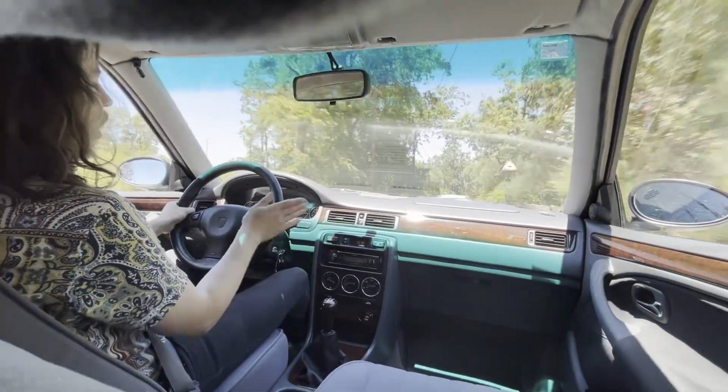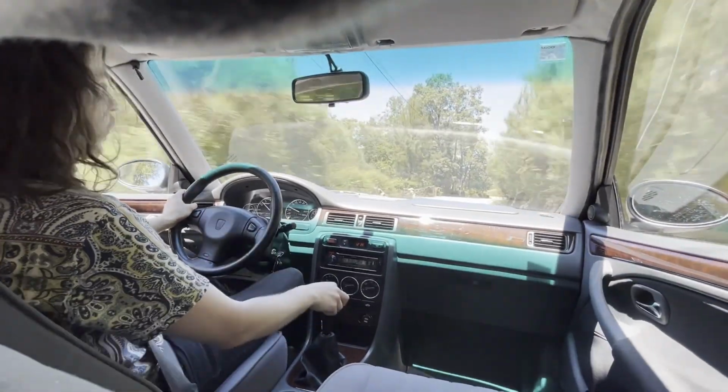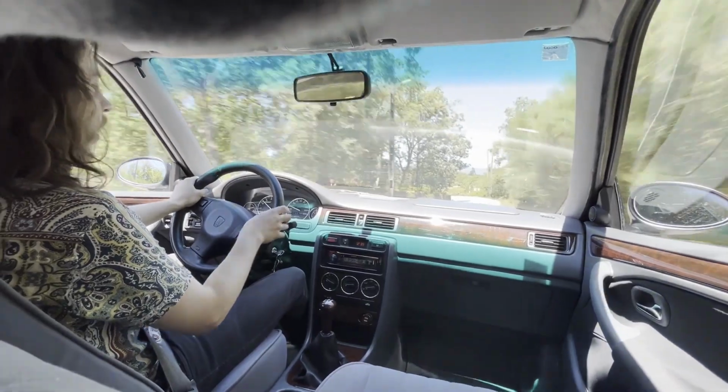Next steps, I want to take this car to Festival of the Unexceptional in July, and I believe that we could make it with